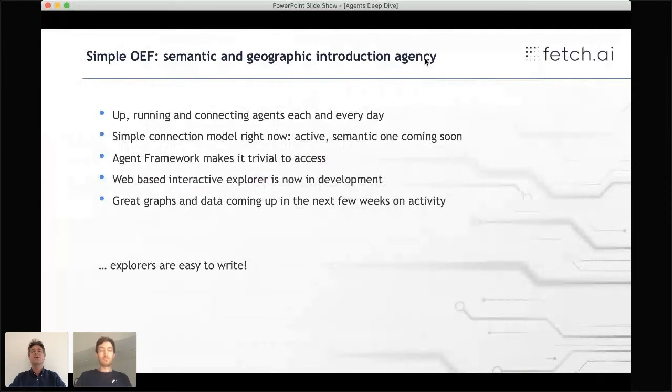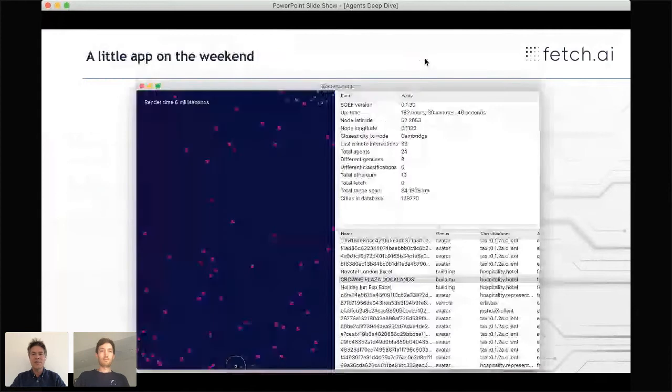And we're collecting some fantastic data about what happens in this world. So we're going to present some of that in graph and chart form over the coming weeks. And who doesn't like a graph and a chart? And explorers are quite easy to write as well. In fact, for those of you who are in Telegram, in our Telegram channel on Sunday, I took it upon myself to create this. It doesn't look pretty because it's programmer graphics. The little purple squares are all the cities and towns. And the little unfilled in ones represent agents. You can actually see in this particular case, stuff going on with hospitality agents and also the decentralized delivery network